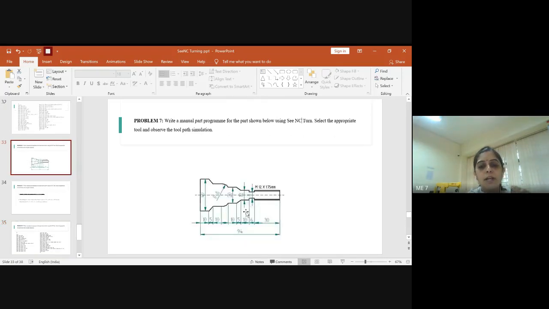So once you do that, now you can see that the tool will be here because you have reached x 20 and z minus 61. So this is the position where the tool will be. When the tool is at this position, you please see how the interpolation is. Is it linear or circular? Here we can see it is a circular interpolation, right? So you will give the circular interpolation value, right?